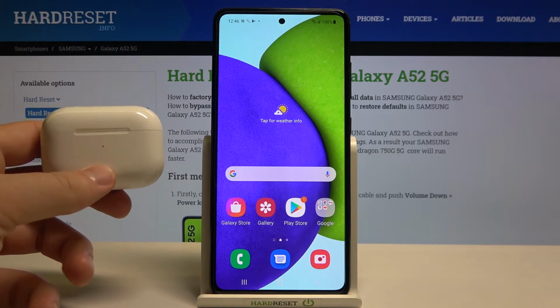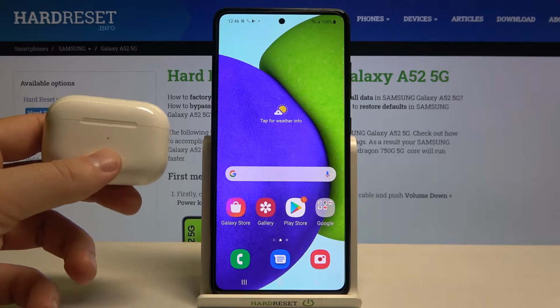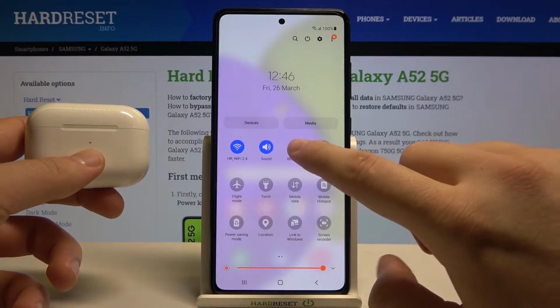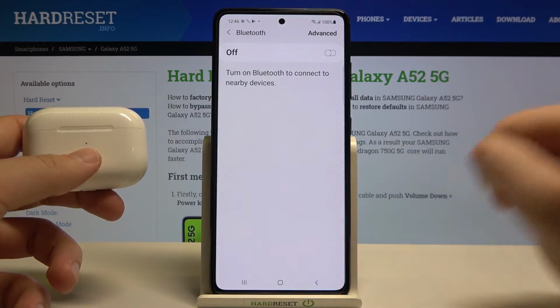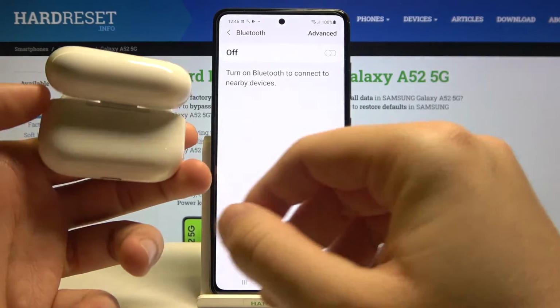Welcome! In front of me I have Samsung Galaxy A52, and today I will show you how we can connect AirPods to this smartphone. So first, we have to move to the navigation bar, then click and hold the Bluetooth icon to enter Bluetooth settings. Right now we have to open the charging case of our AirPods, then rotate them like that